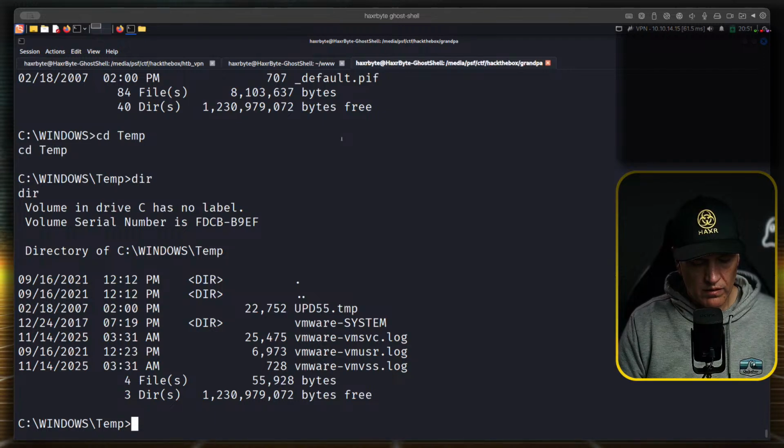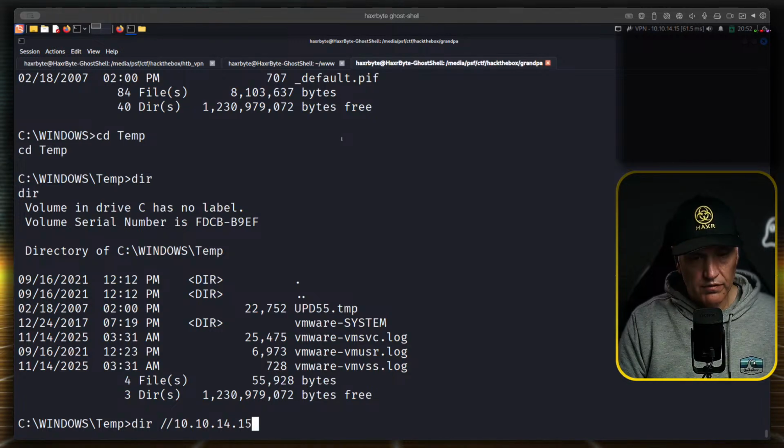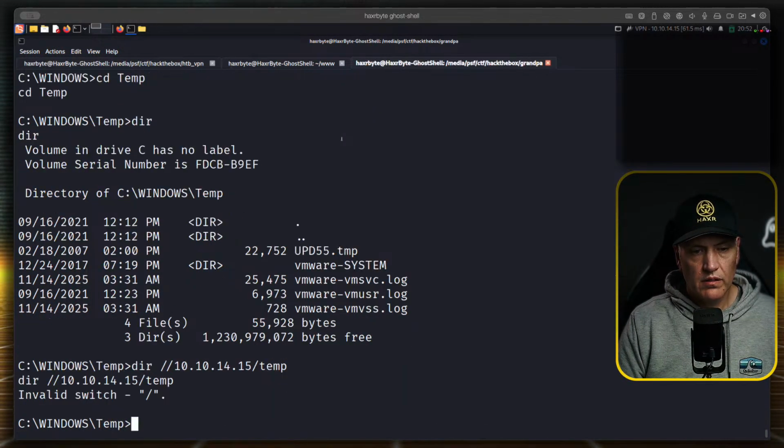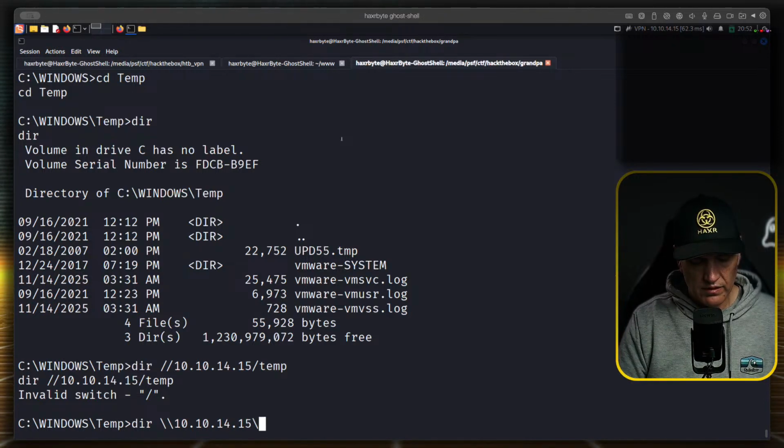Okay. So copy there, 10.10.14.15 temp. Just a share there.